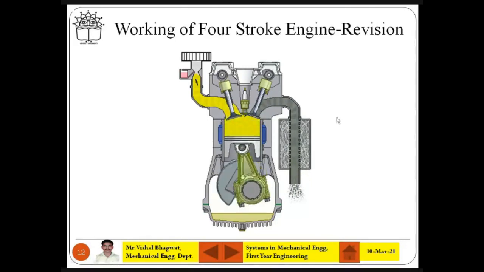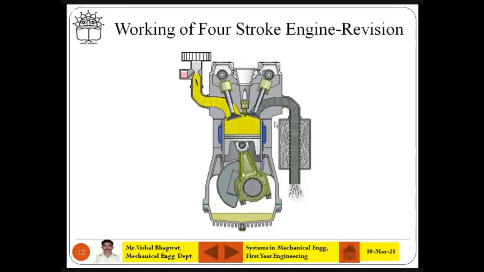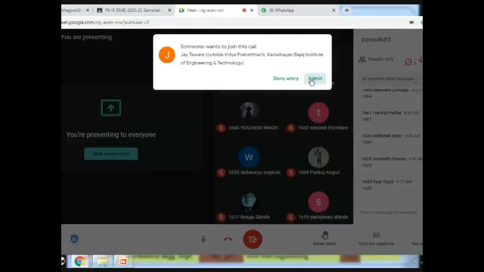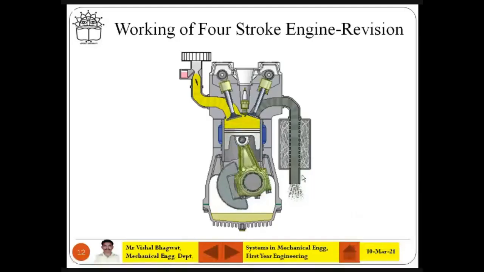This is a 4-stroke engine. Why? Because the crank revolution you can see is 2, and for 2 revolutions of the crank, you will see 4 reciprocations. 2 times the piston goes up, 2 times it comes down. So 4 strokes. Okay. Now you can tell me if there is any problem. Can we move ahead?